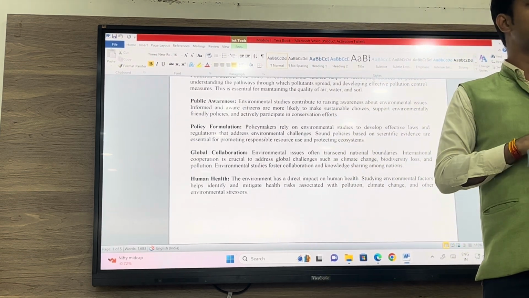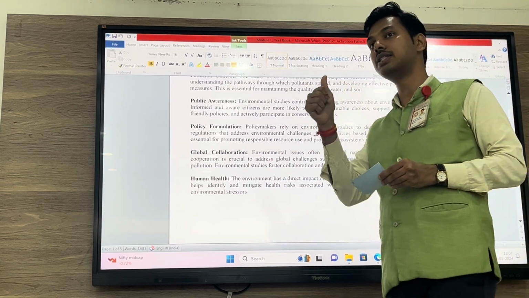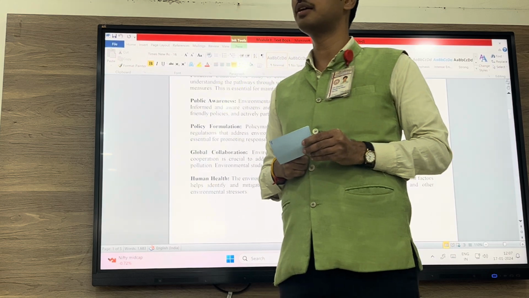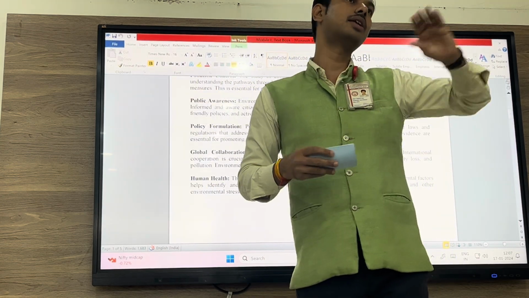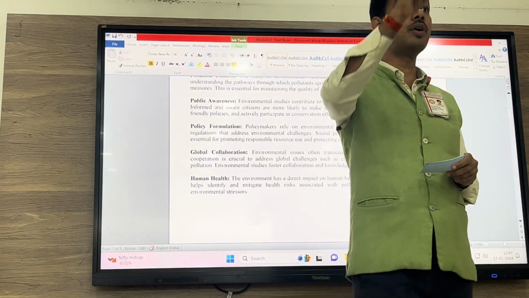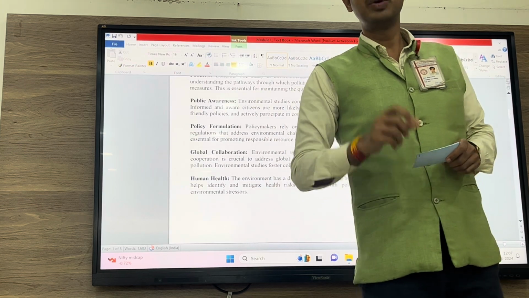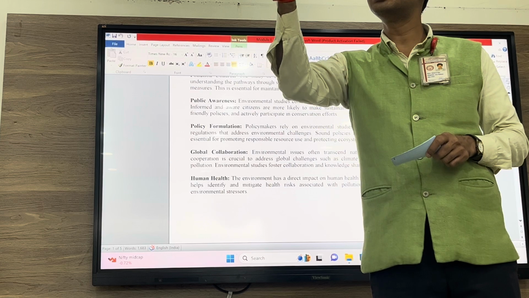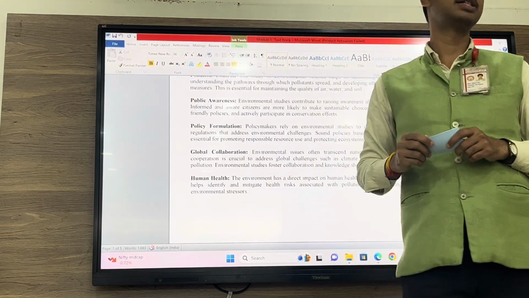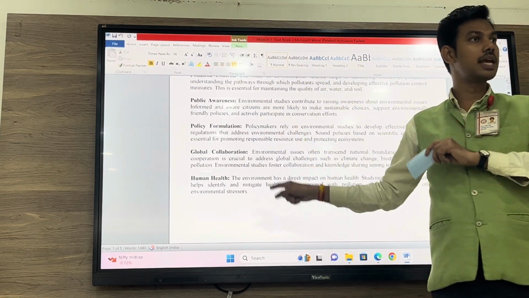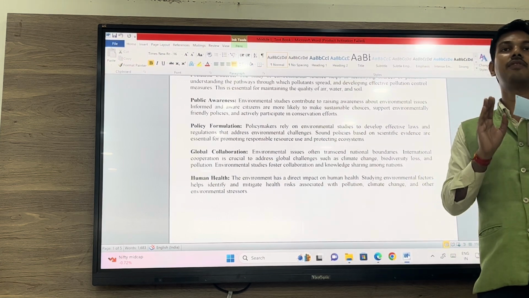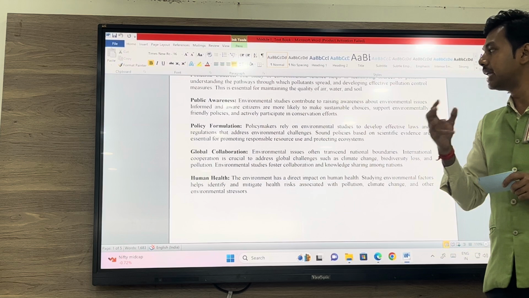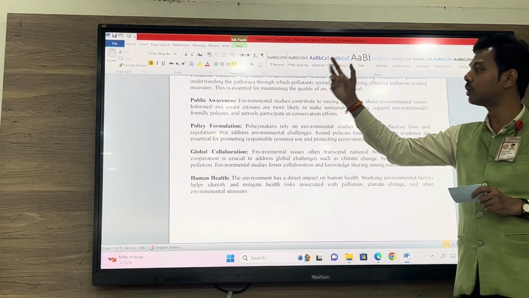If you look in your own house, you will find someone who is ill with diabetes. You will find someone who is ill with cancer. Why is it happening? If it is not in your house, then it is at a neighbor's. Because it's an environment which is not directly impacting you, it is slowly and gradually killing you and your loved ones. This is the only subject which says that we need to think very wisely. We need to take certain measures so that we can improve our health and the health of the environment.